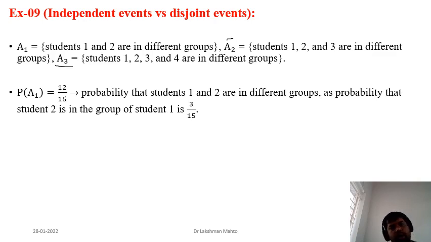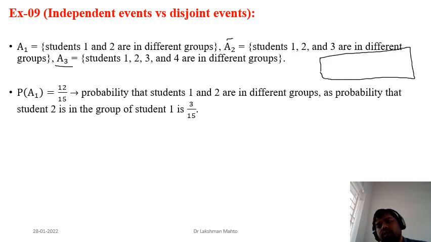Graduate students 1 and 2 are in different classes. What would be this probability? How can we calculate it? We can calculate this in a negative approach. What does it mean? We have four blocks, and we are trying to make four groups, so each group contains one graduate student. Suppose one is sitting here and two is coming here.